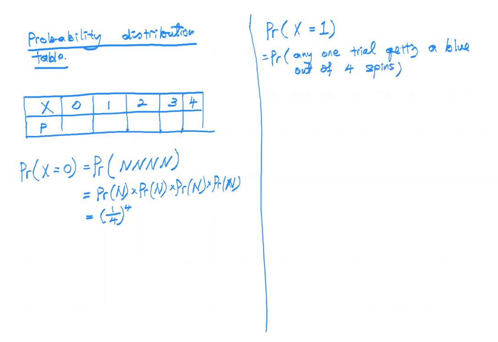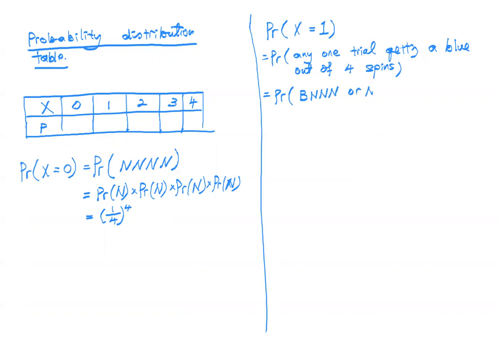Am I right? So the situation will be, okay, I'm going to list out the outcomes for this case for you. So they are all together. The first one is blue. Second one, no. Third one, no. Fourth one, no. Or